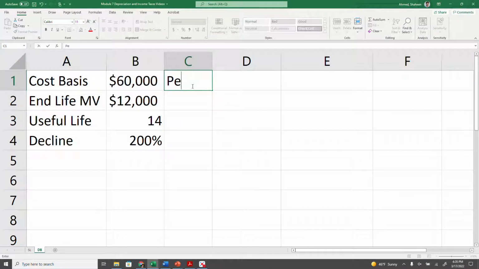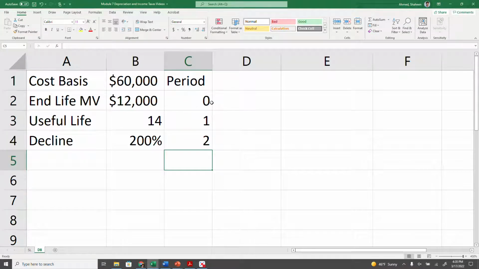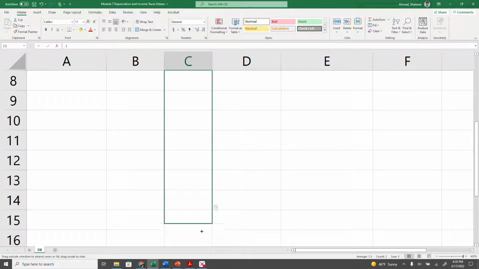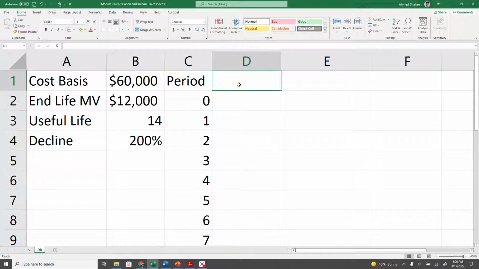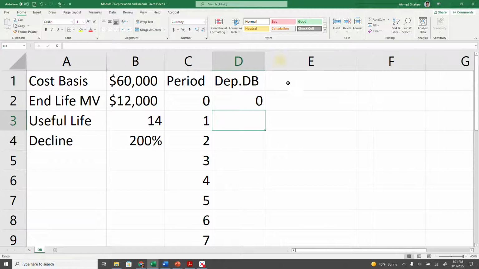So we're going to first create the period, as we do for any engineering economic analysis. We'll go up to year 14, and then we'll calculate the depreciation. I'll just type it short, double declining balance method. First year you don't claim anything, and then for the second year I need the book values to use that Excel trick